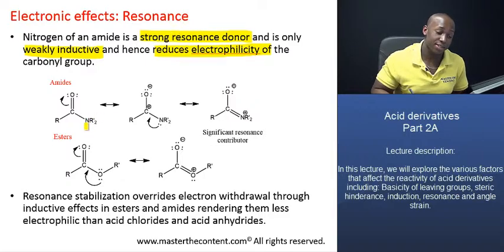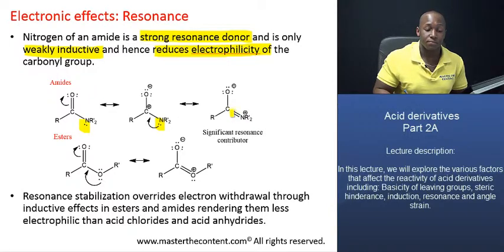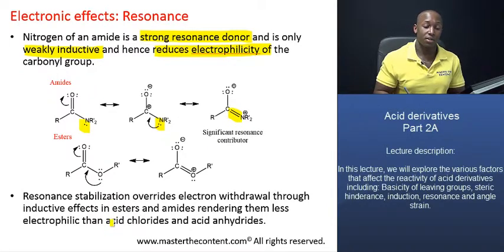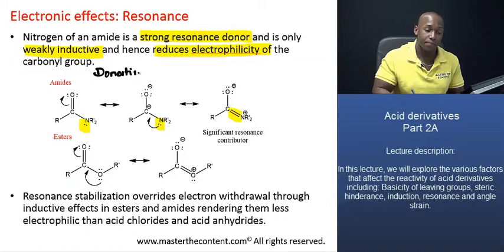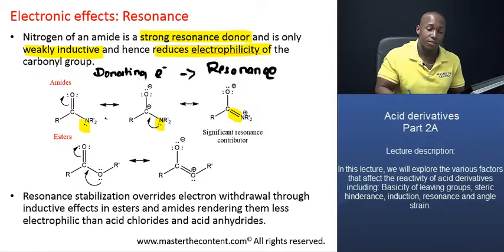So what happens in this case is that this pair of electrons on the nitrogen atom right there can actually be delocalized, resulting in the creation of a double bond right there between the carbon and the oxygen. So there is a substantial degree of double bond character between the carbon and the nitrogen because of resonance delocalization. Okay, so we have our nitrogen atom donating electrons through resonance. And as you can see, that pair of electrons right there is being delocalized into the system, resulting in the creation of a double bond between the carbon and the nitrogen and a negative charge on that oxygen right there.